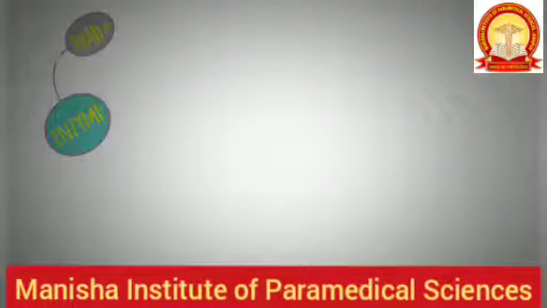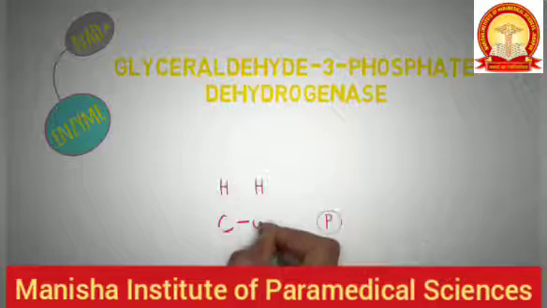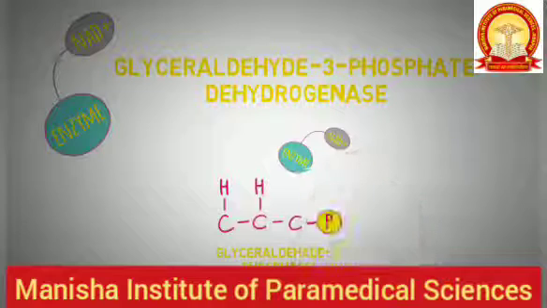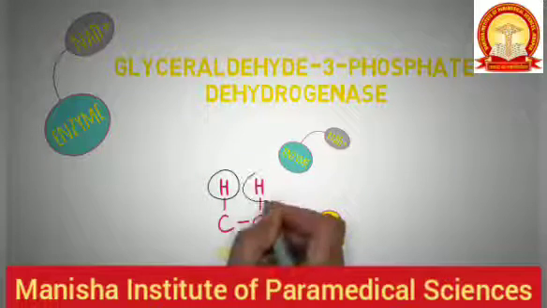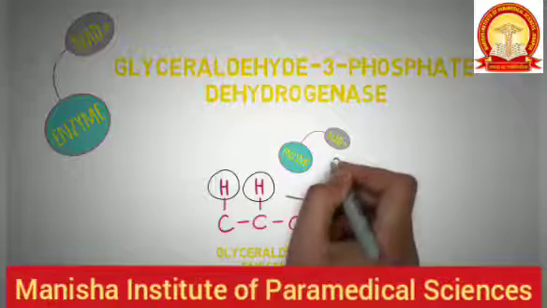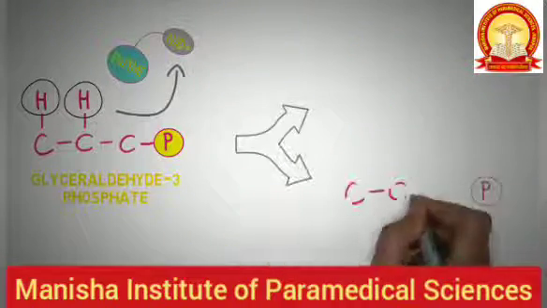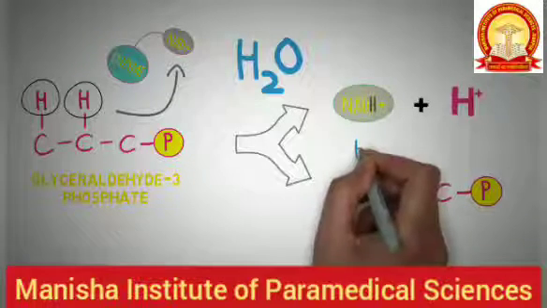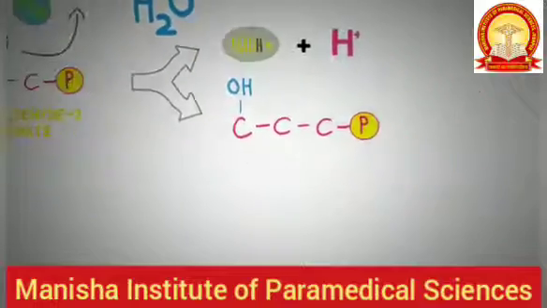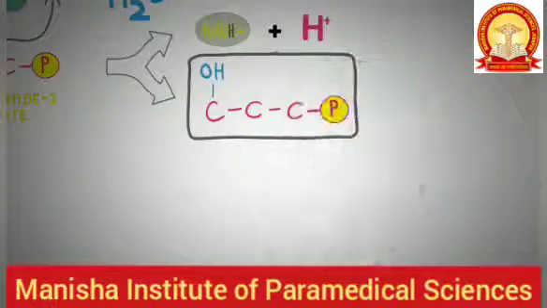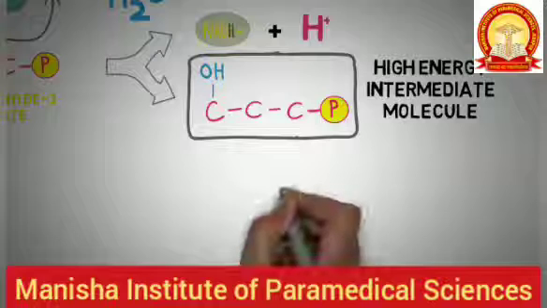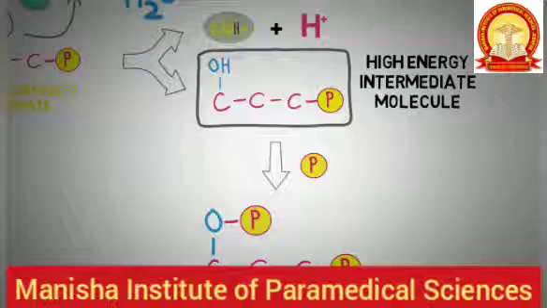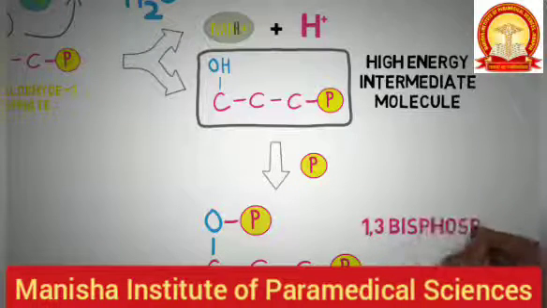In this reaction, the enzyme glyceraldehyde 3-phosphate dehydrogenase acts on glyceraldehyde 3-phosphate and removes the hydrogen atoms from the carbon number 1 and 2, which are then transferred to NAD to make the NADH. Since water is also involved in this reaction, an OH group gets attached to the carbon number 1. Now this intermediate has high free energy and it is very unstable. It loses its excess free energy and the phosphate group gets attached to this intermediate, making it a stabler bisphosphate